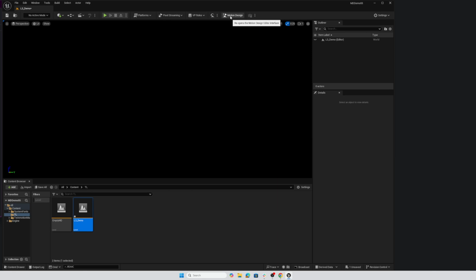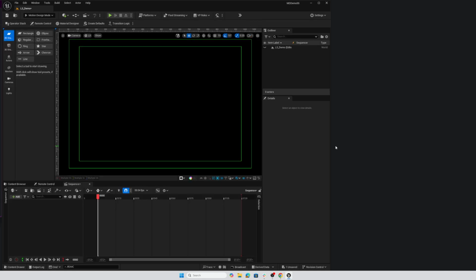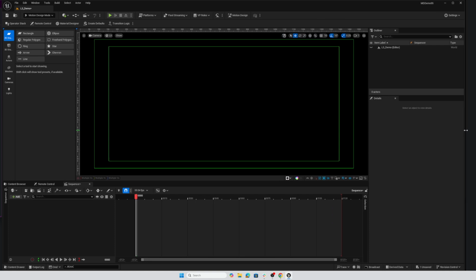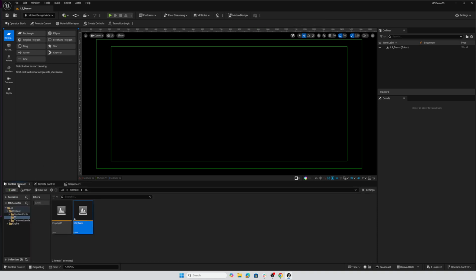If I display it, I could push it to activate motion design. So in this case, if the window is too small and it's not showing up, the activate is just called activate scene. There we go. And that it brings back our motion design. So just wanted to point that out for anyone that might be using larger font sizes or a smaller window in their Unreal Engine. Okay, so we have the L3 demo level created, motion design is activated,